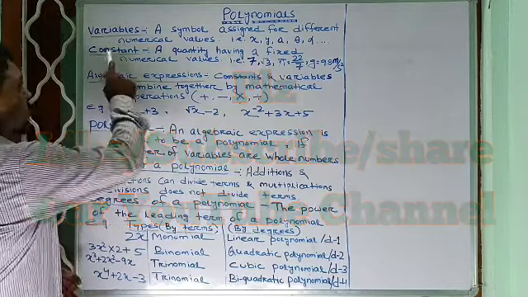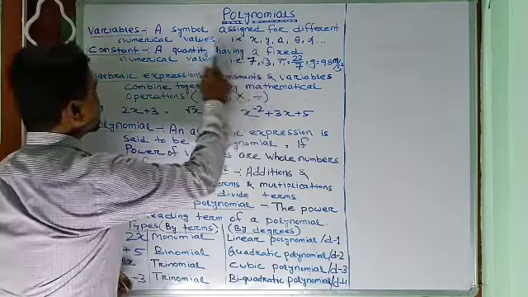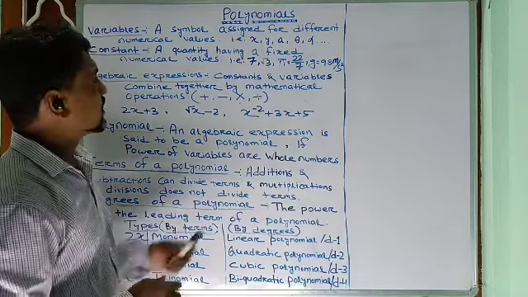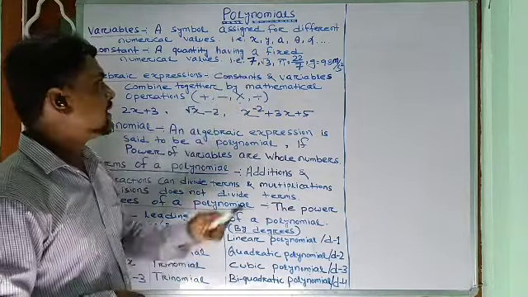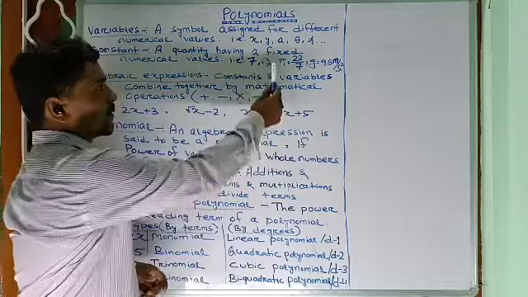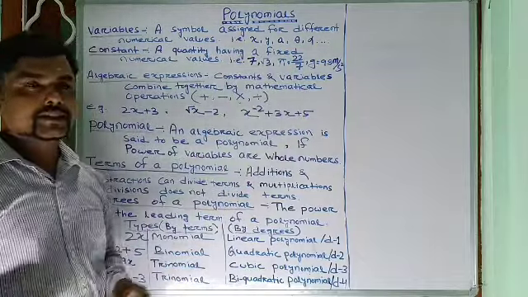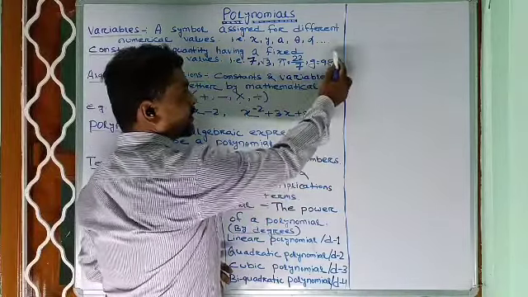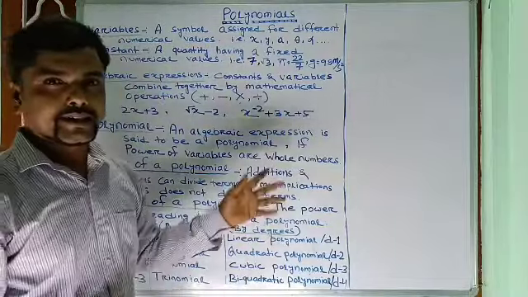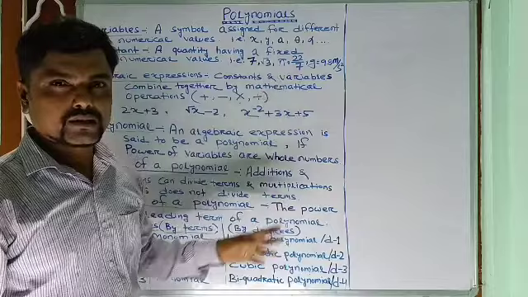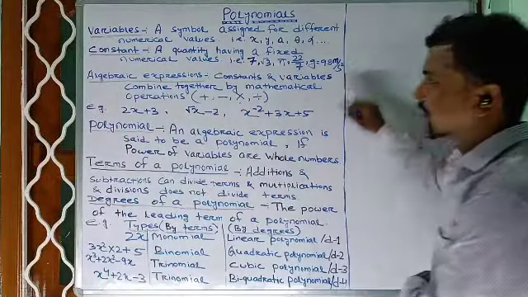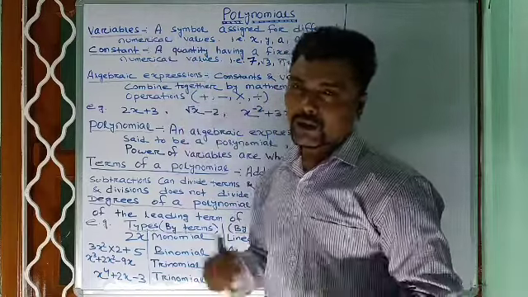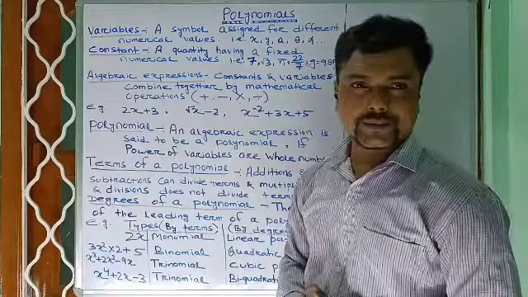Okay. And what is a constant? A quantity having a fixed numerical value is known as a constant. So in constants we can take an example. 7 is a constant, root 3 is also a constant, and pi, equal to 22 by 7, is also a constant. And g equals 9.8 meter per second square, the acceleration due to gravity, whose value is fixed. So it is also a constant. Now you understand what is a variable and what is a constant. Now I will discuss what is an algebraic expression.